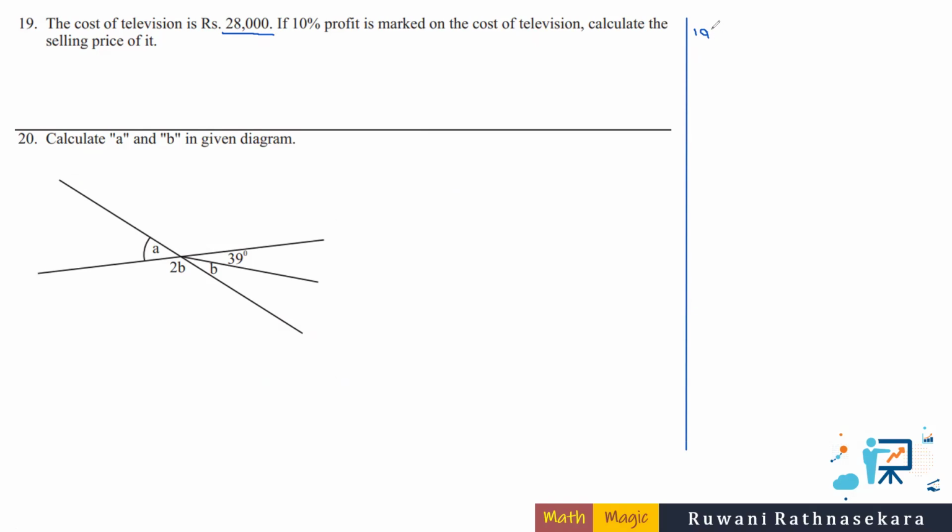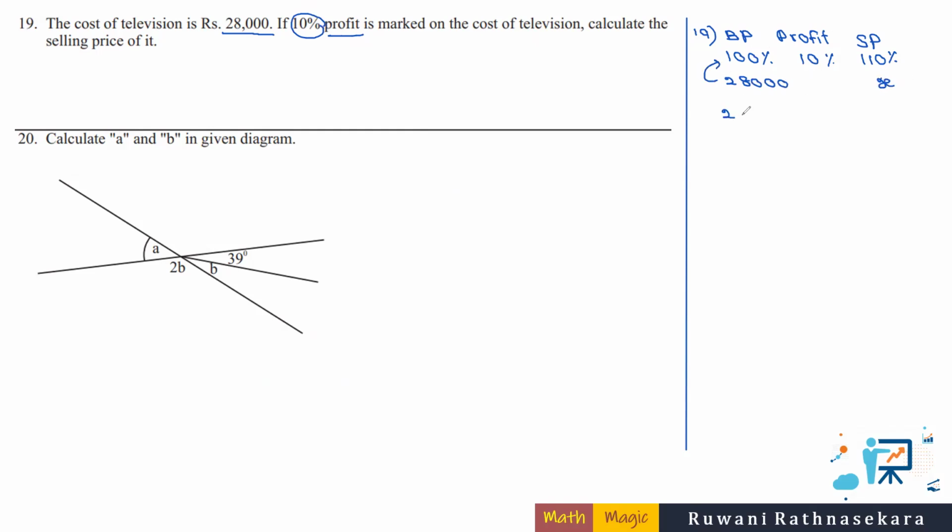Since it's a question including a percentage, you have to see what that percentage is. It's profit. The profit is usually valid for the buying price. Then 10% means if you bought at 100%, the profit is 10%. Including 10% profit, the selling price will be 110%. Since the cost or the buying price of the television is 28,000, in order to find the selling price,